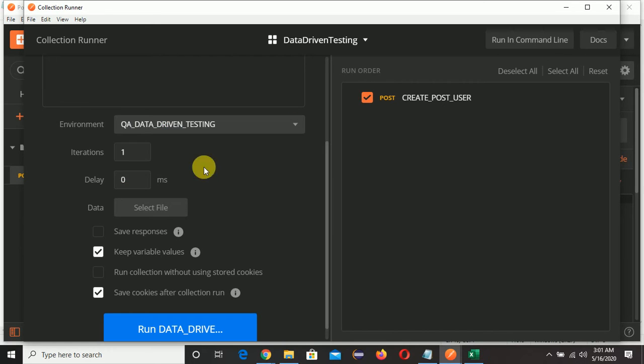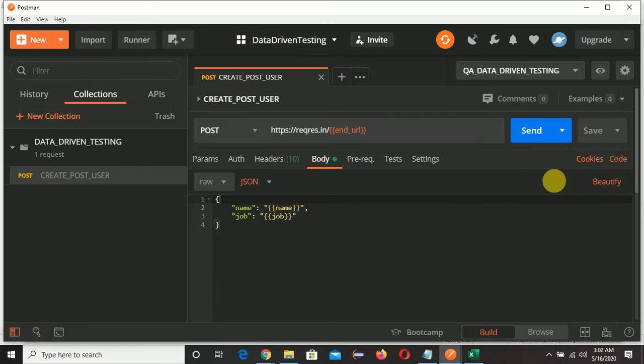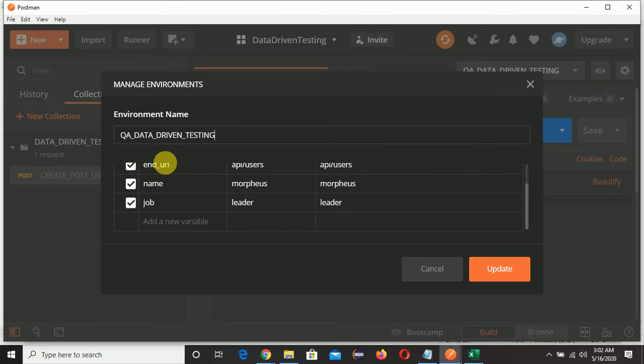Click on this environment, and iterations you can give as many as you want, but I'm giving only one here, and select file. You can see here, right? Select file is there. This data that we have created here, we can get from outside. We'll be using a JSON file to get this data, not from the environment, right?